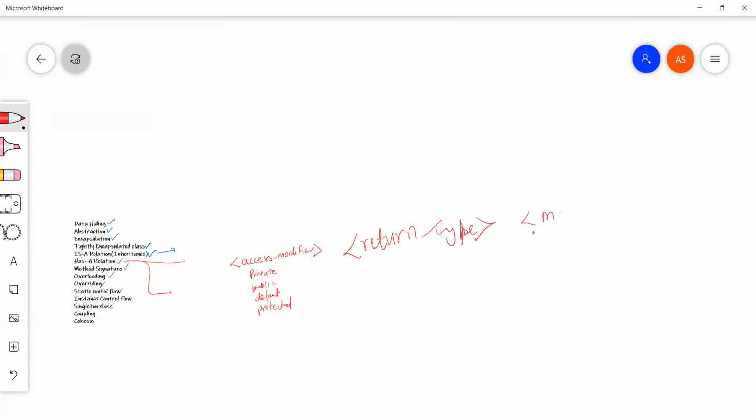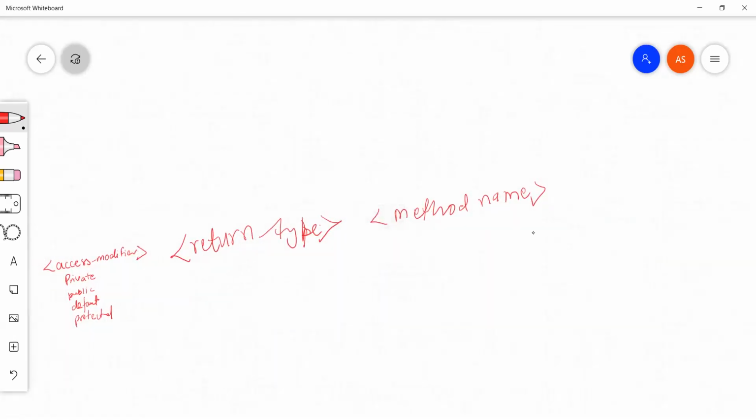Then there would be the method name. Then there would be parenthesis and parameters or arguments. Then there would be a body, like this, when we define some method.